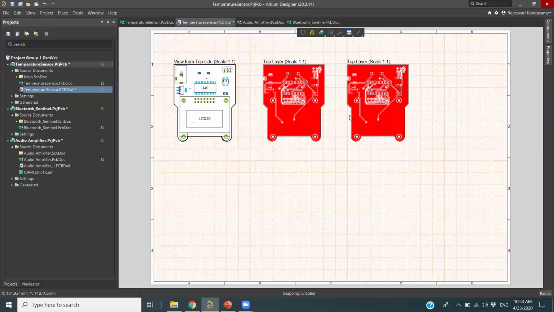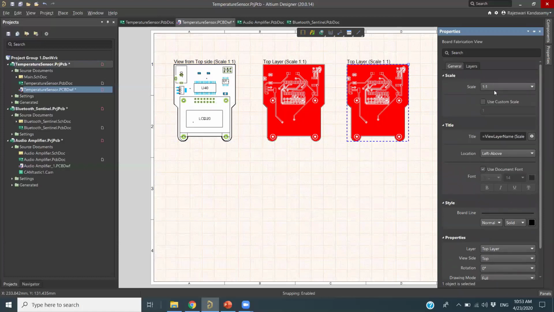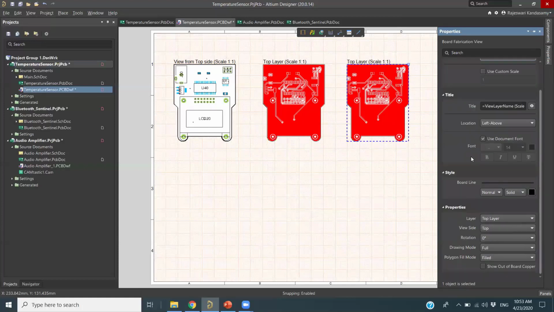Once you place it, the first one is in the top layer. If I want to edit the second one to another layer, I just double click here and scroll down. You will see under the properties, again the same thing. You can adjust the scale size first, initially what size you want. You can do it here or go to the custom scale. Coming down, you will see there is a layer properties.